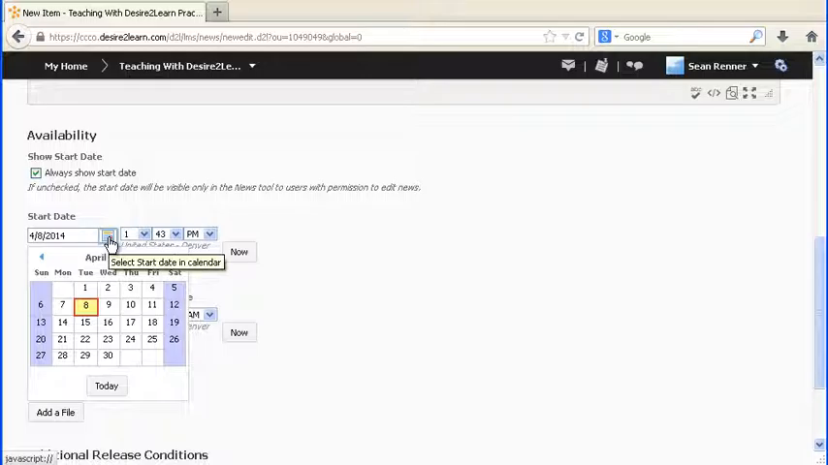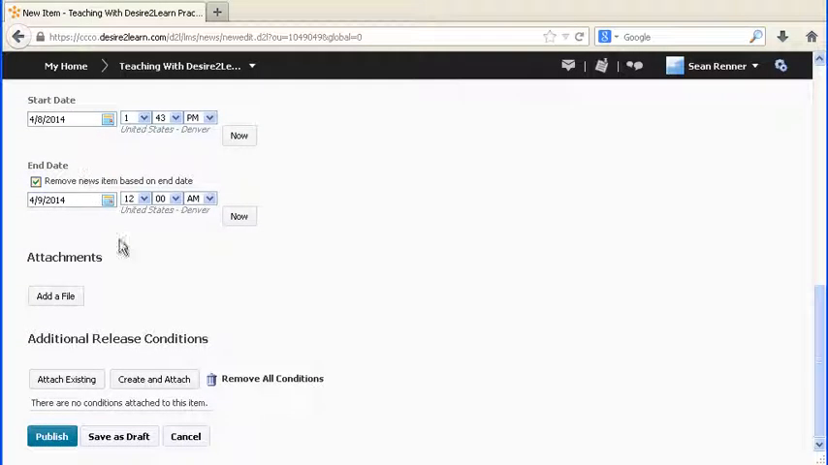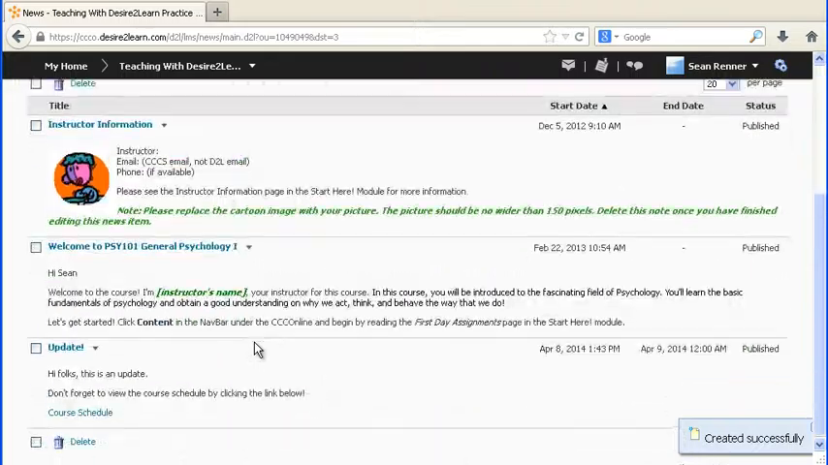If I want to create my news items ahead of time and set them up to be released at the start of each module, for example, I can do that using the Start Date tool. I can also set an end date if I want this news item to be removed from the News tool after a certain period of time. Once I'm finished setting those dates and creating my content, I can hit Publish, and my news item will appear